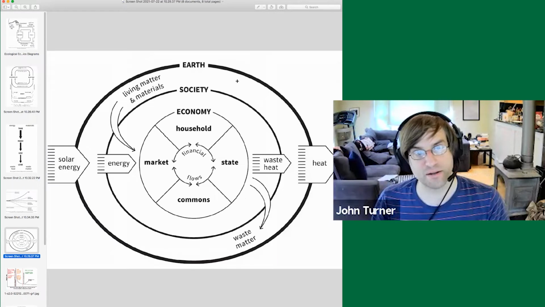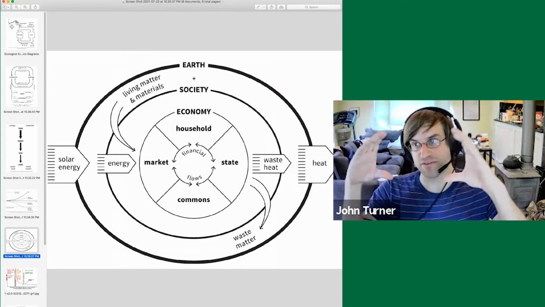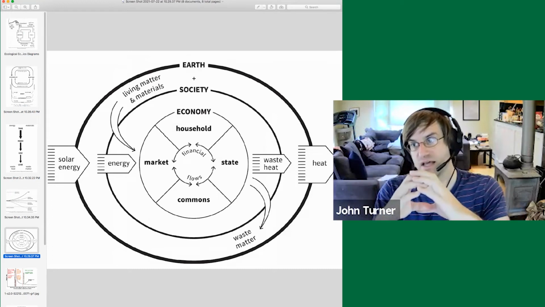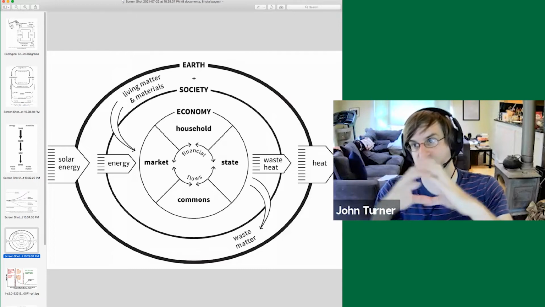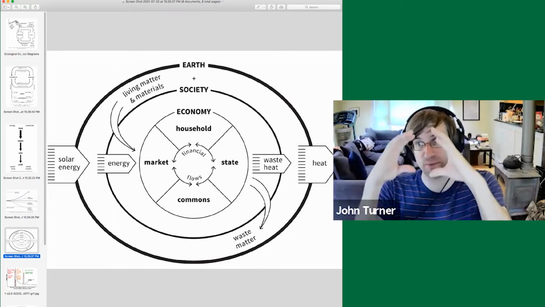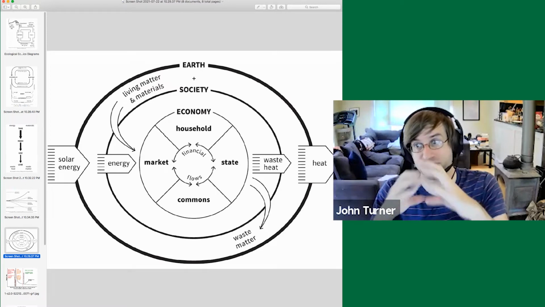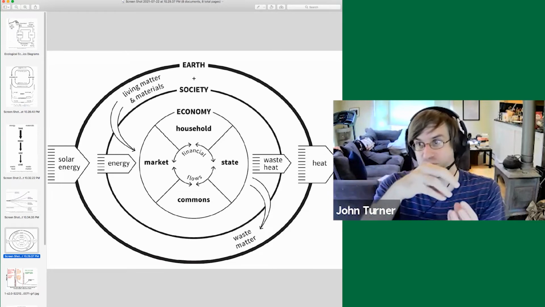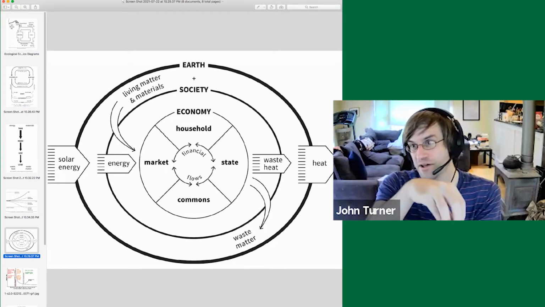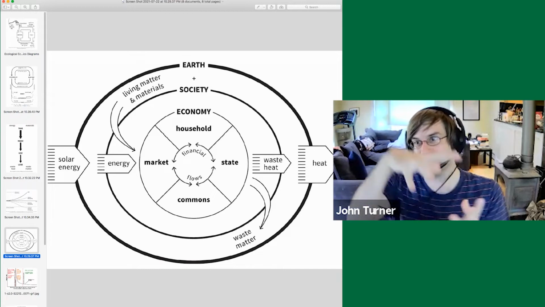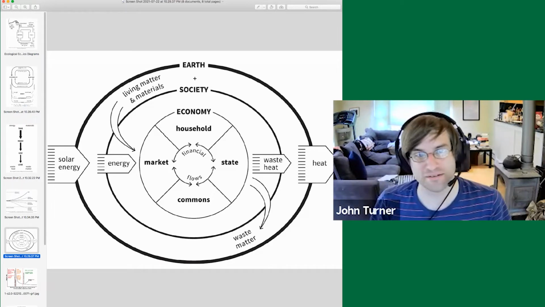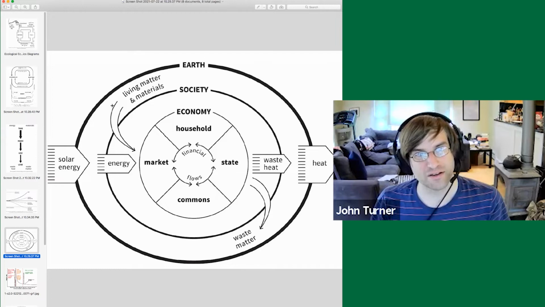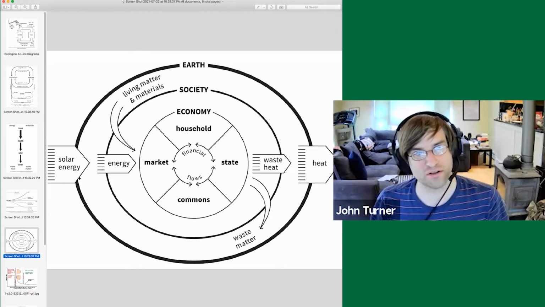In this embedded economy model, do you see how there are these different layers? The economy is a subset of a number of other processes or activities. It isn't the whole scope of the diagram. It's actually a very small piece of the diagram that is embedded in these layers. If you were to think of Russian dolls, the economy is down there in the middle of the Russian doll set instead of at the opening.